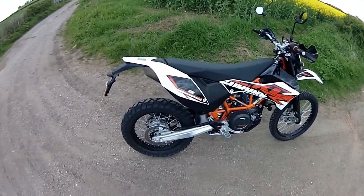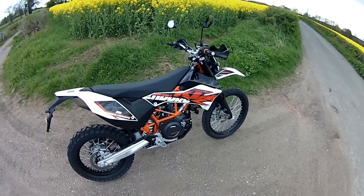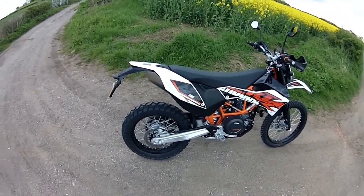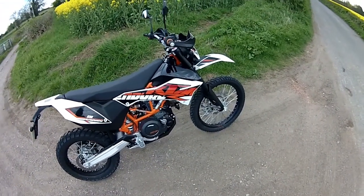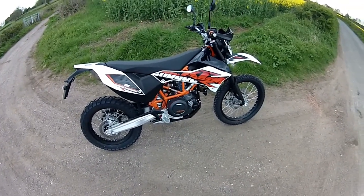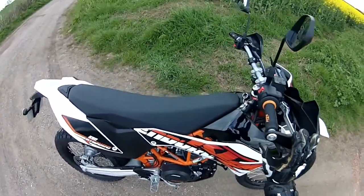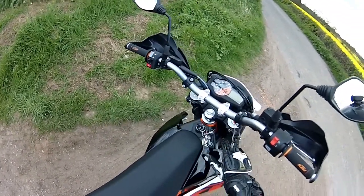I'd seen a lot of reviews by Riding with Tom and Paolo's Modica as well, and those guys seem to be having an absolute ball on their Enduro R. So I was like, what better bike to get? So yeah, it's a 690cc, 66 horsepower. It's got WP suspension, so as you might be able to see there, it's got the adjusters on top of the forks there,